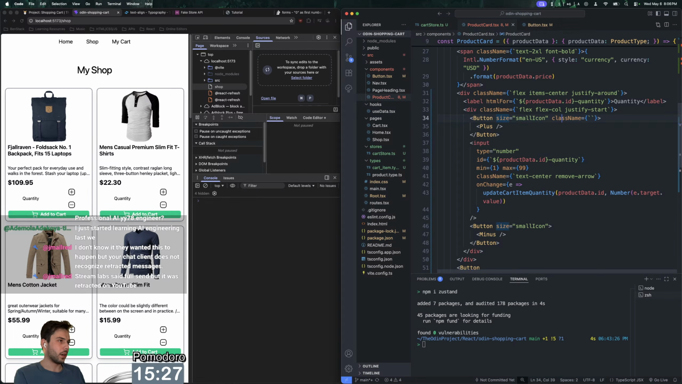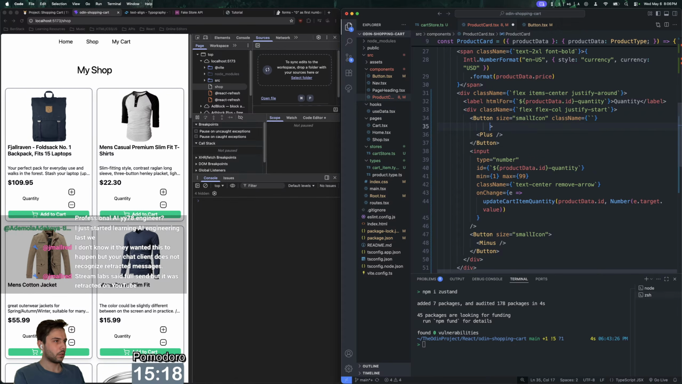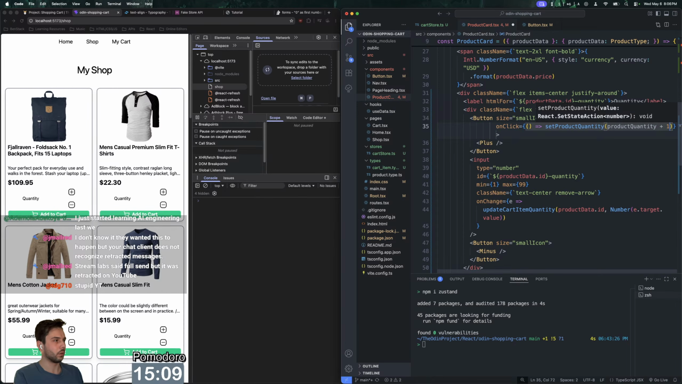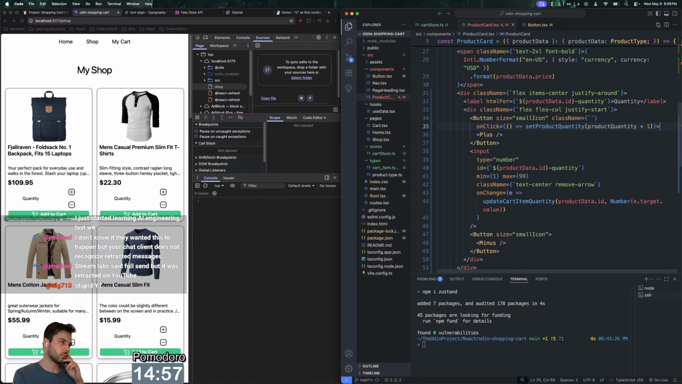So when we press this guy, we can do an on click situation. On click equals set product quantity to product quantity plus 1. But then I need to bounds check it, don't I? Yeah, I probably need to bounds check that. Yeah, stupid YouTube. Oh, and then the value needs to be